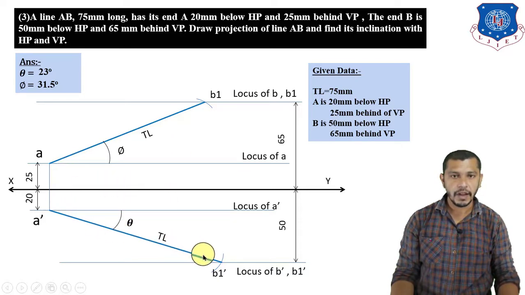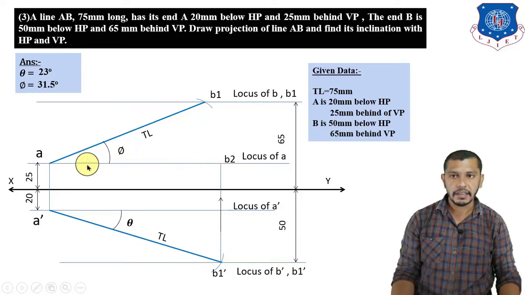we have to draw a straight line from B1 dash up to locus of A. Here we will get B2, and A B2 will represent the plan length, but not the plan, because we have the plan of point A but we don't have the plan of point B. So if you want to find out the plan of point B, measure A B2 as an arc length, center at A, give an arc up to locus of B. So here we will get point B, which is the plan of point B. Connect B to A, which is our plan length, and the angle of the plan length is beta.